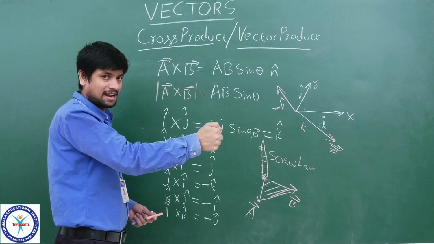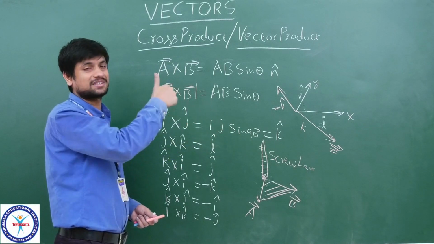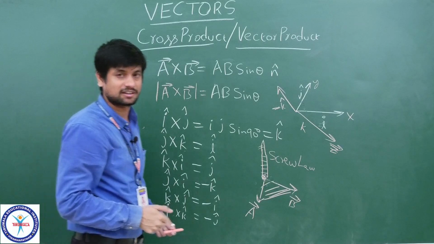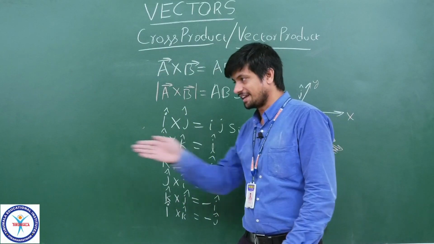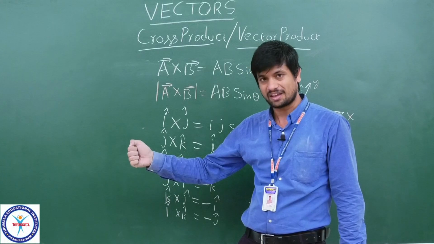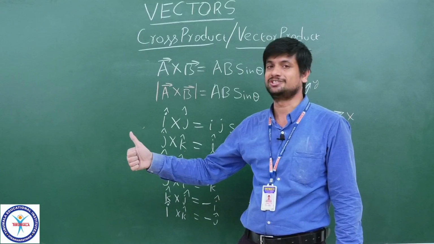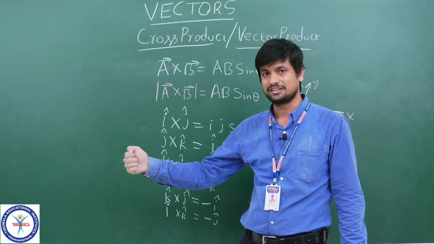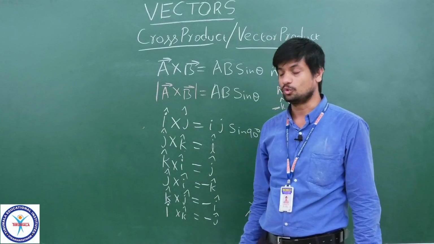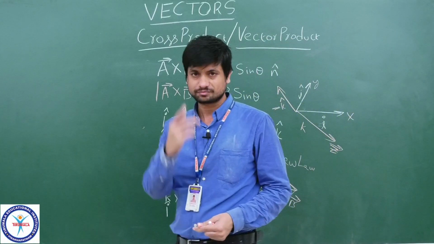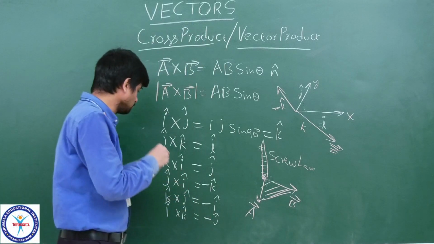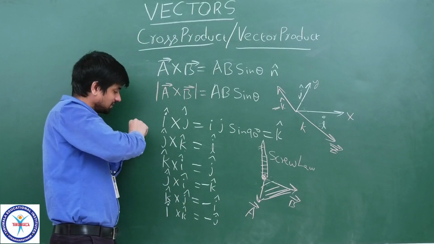Okay, curl it and open that. That will be the direction of the resultant. That means x towards y. So automatically if you open z, right hand screw law, right hand screw law. So if you take one screw, you can also check: take the screw, keep it here, and tighten this one.